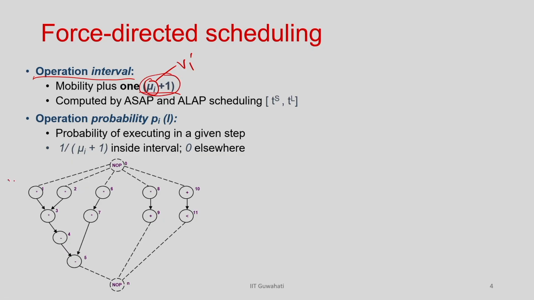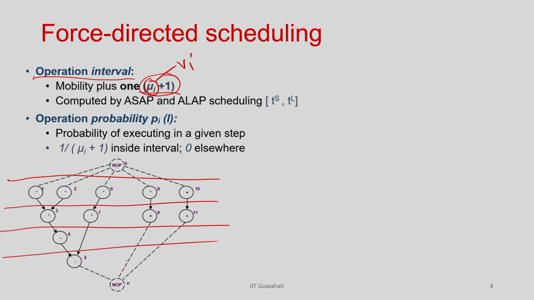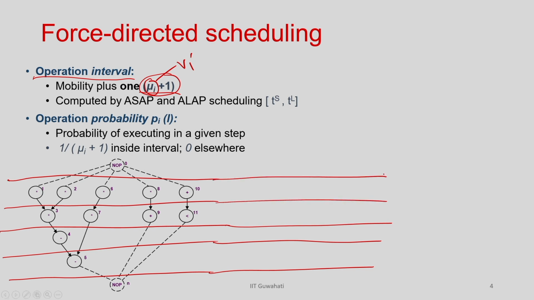So, let us take this example. The ASAP solution is this, we all know that. So, this is the ASAP schedule, the earliest possible timestamp. Now, think about the ALAP schedule. Let me assume that all operations are single cycle and lambda is 4, the given time is 4. For ALAP, I am going to put it quickly, which we already know. So, 5, 9 and 11 can be scheduled here, 4, 8 and 10 will be scheduled here, and 4, 7 also, right. So, 7 can also be scheduled here. Then 3 and 6 are scheduled here in ALAP, and 1 and 2 are scheduled here, right. This is the ALAP schedule,